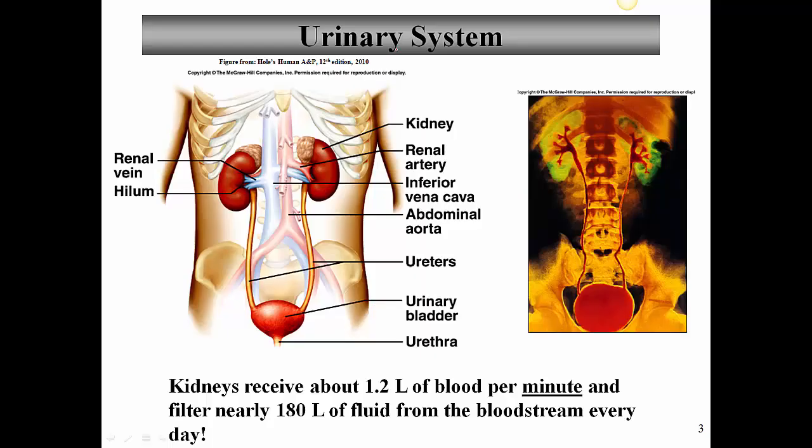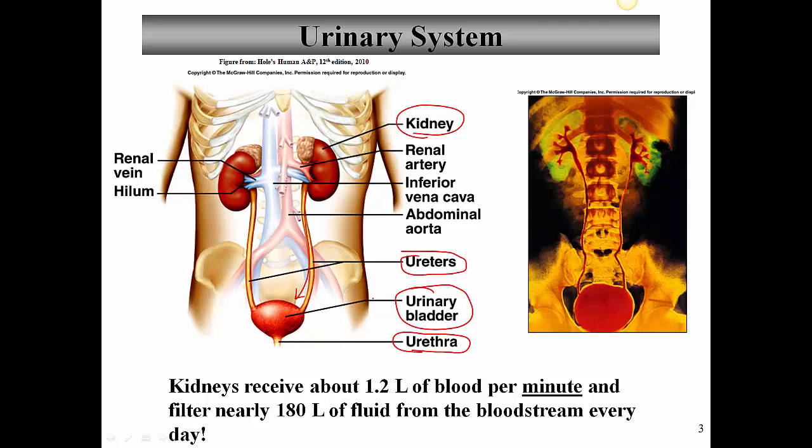By way of overview, the urinary system consists, as you see here, of paired kidneys, one on each side, paired ureters, which are muscular tubes that transport urine from the kidneys down to the urinary bladder, the single urinary bladder, which is an expandable organ that can hold quite a bit of urine until it's convenient for us to urinate, and finally, coming from the urinary bladder is the urethra, which is the muscular tube that leads to the outside